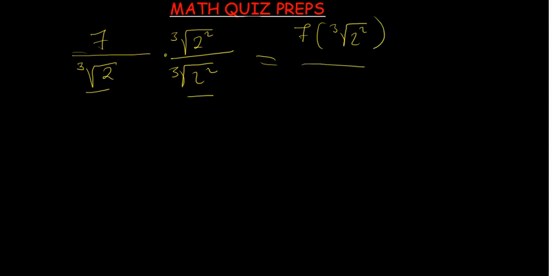And then down, what you are going to have is the cube root of, so what is inside is going to multiply 2 by 2 squared. That will give us 2 to the power 3. And then what we are going to remain with is 7 cube root of 4 over